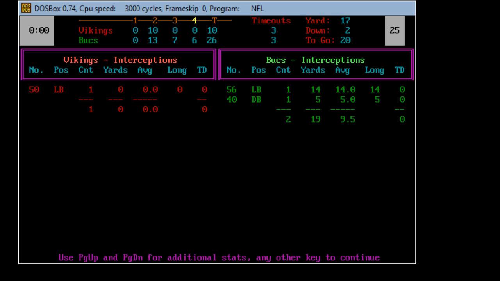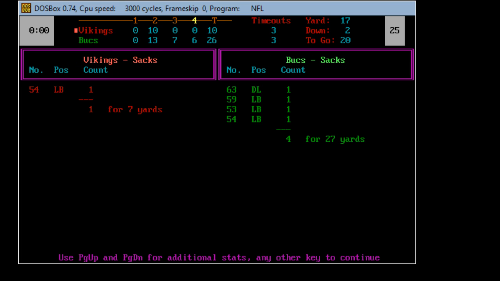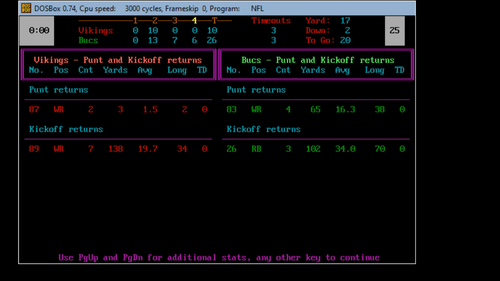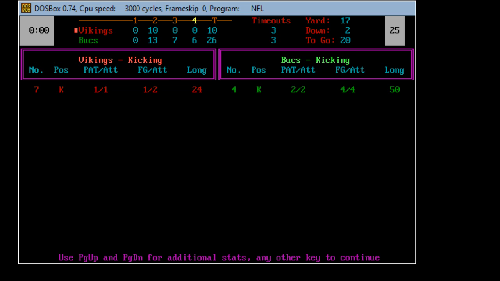Tampa Bay had 2 interceptions and Minnesota had 1. Tampa Bay had 4 sacks, including 2 late in the game that really cost Minnesota possibly the game. It forced Minnesota on a 4th and long that you saw right here on the broadcast. And again, you saw James Owens' 70-yard kickoff return earlier in this game. And there is Hans Nielsen, 4 for 4 field goals and 2 extra points, as he provided 14 points. 3, 6, 9, 14 points of the offense for the Bucs here as they defeat the Vikings by the score